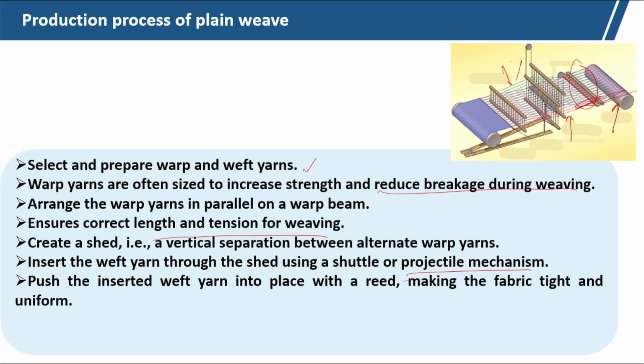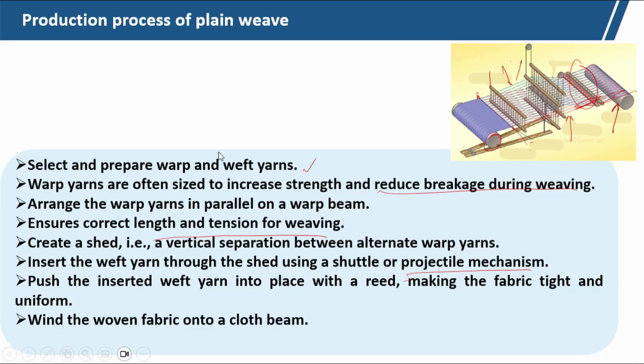And when the shuttle is passing through this, after the insertion of weft, the beater actually beats the last weft thread close to the cloth edge, that is called the fell of the cloth, and the woven fabric is wound onto a beam, the cloth beam. So, this is typically the system of